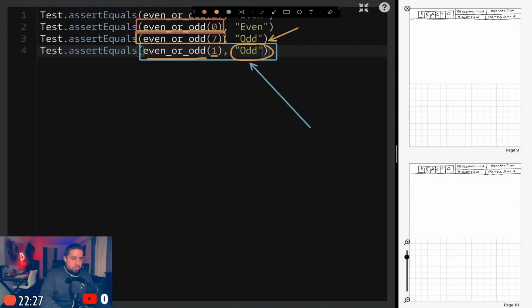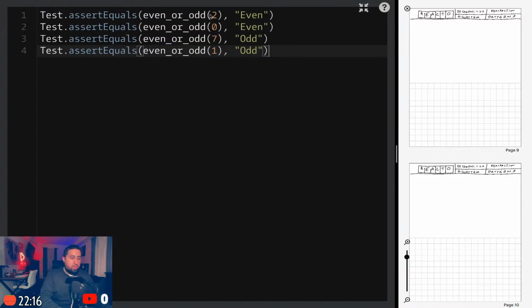Even the odd 0, even number. We should spit out a string that says even. Okay. So basically, we will call this function 3 or 4 times, and whatever integer that's being passed in, we have to return a string defining whether it's even or odd.